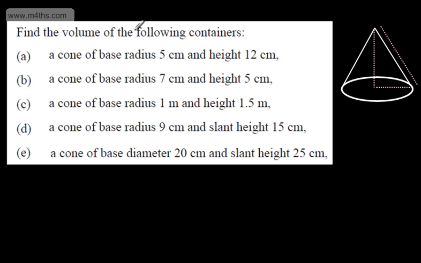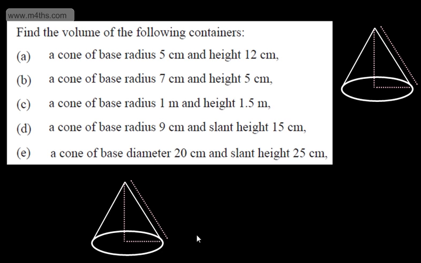We're asked to find the volume of the following containers. So the first one is a cone of base radius 5 centimeters and height 12 centimeters. So what I'm going to do is just model this up. So here is a cone and we have now a right angle just here. So let's put the right angle on, and we have a perpendicular height of 12 and we have a radius